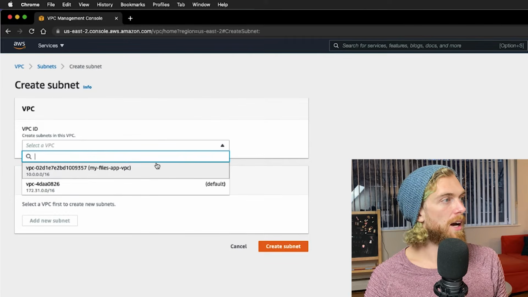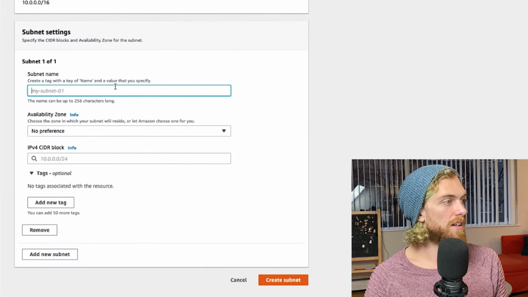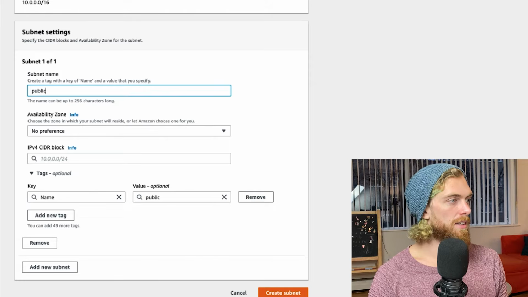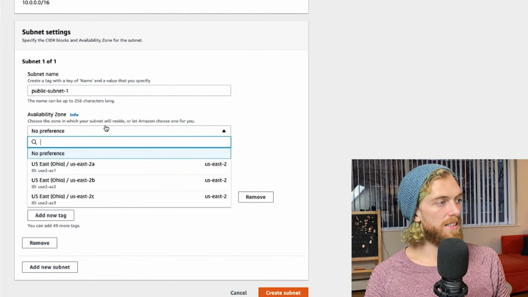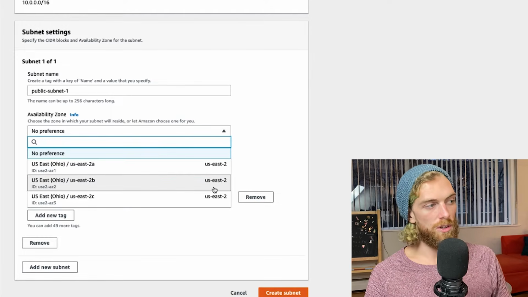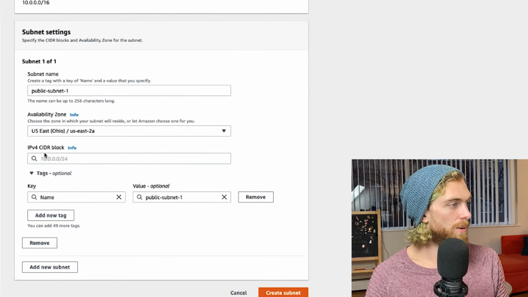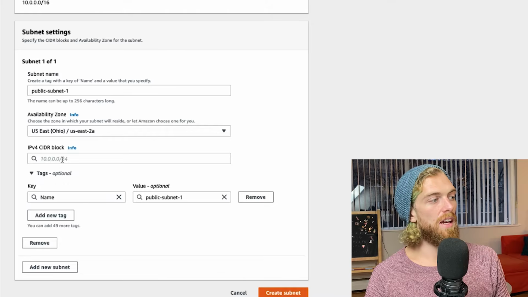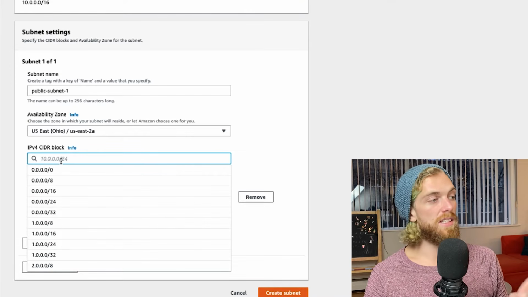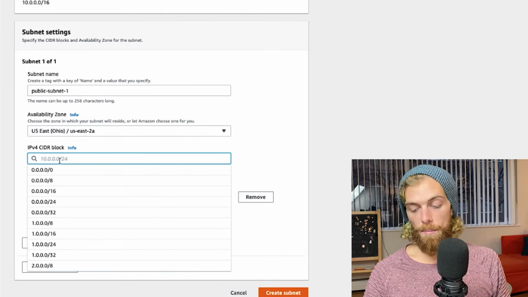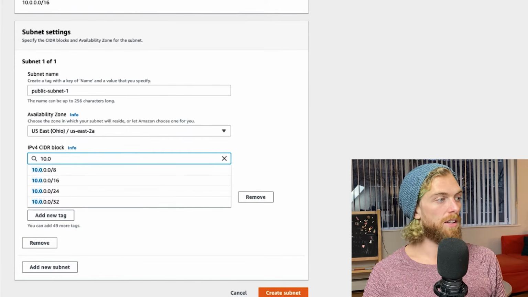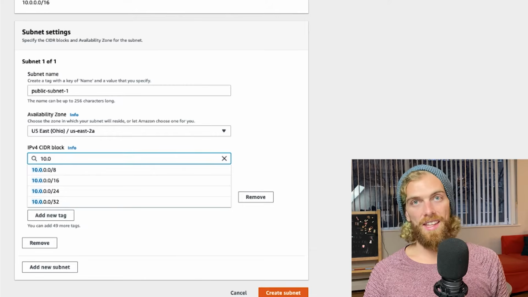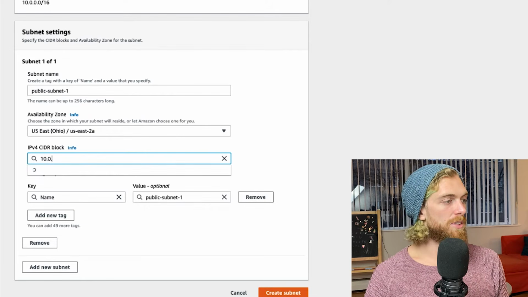So I'm going to select my custom VPC here. I'll first create the public subnet 1. And we can select the availability zone here, which can be nice if you want to make sure you distribute across all of them. So I might just select 2A for this. And then we have the CIDR block for this subnet within the VPC. So it must start now with 10.0 because that's my VPC CIDR block. And then we can specify any subnet range within that. To keep things simple, I'm just going to go